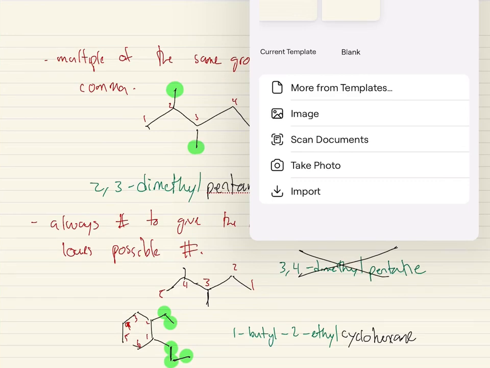We talked about our substituent groups. The suffix changes from -ane to -yl, right? The -yl ending. So we go from methane to methyl if it's a substituent group. We can also have other substituent groups and functional groups on alkanes as well. So the next group, you can also have halogens